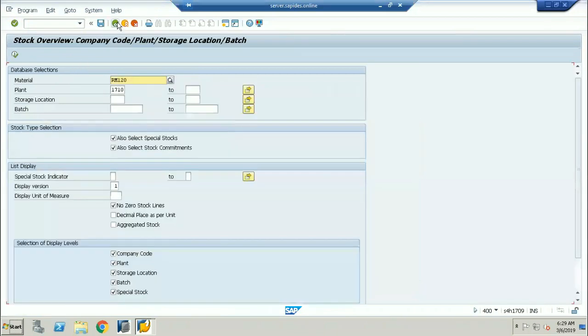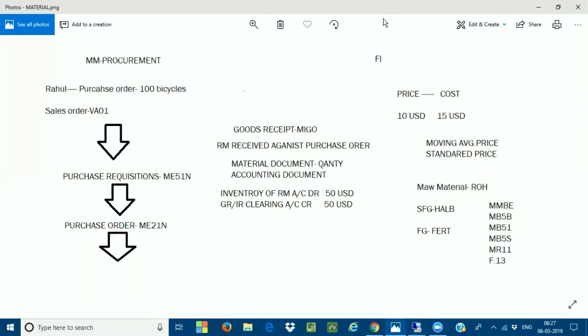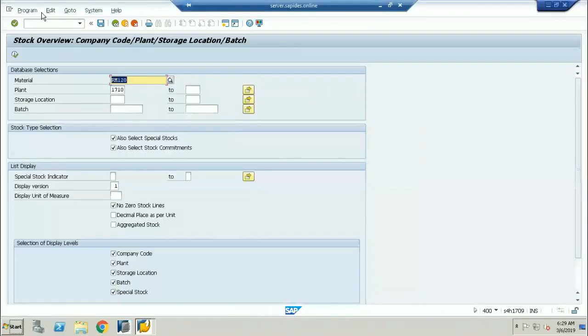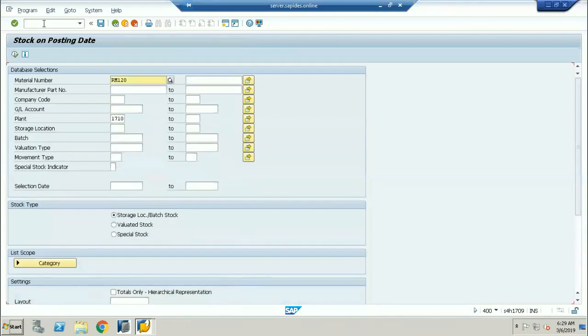Next, if I go into the next transaction code, MB5B.